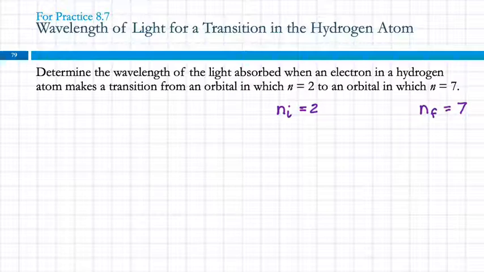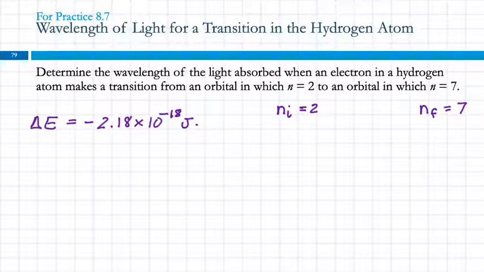Now the electron's going to a higher level, it's absorbing energy. But the change in energy is going to be minus 2.18 times 10 to the minus 18